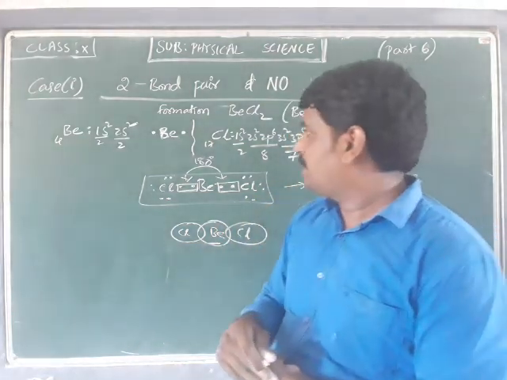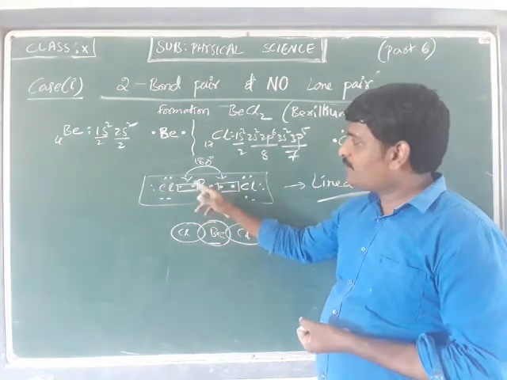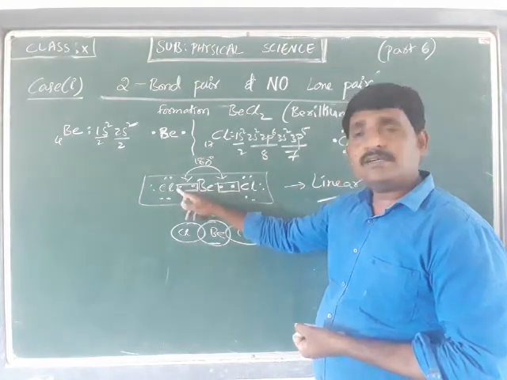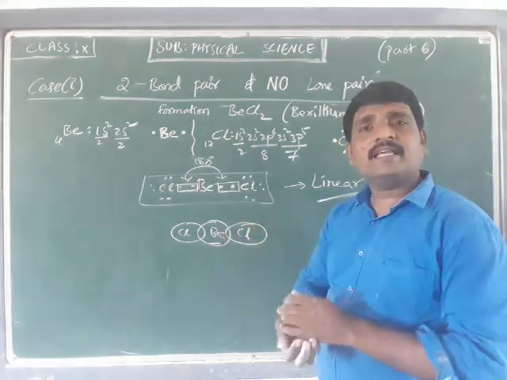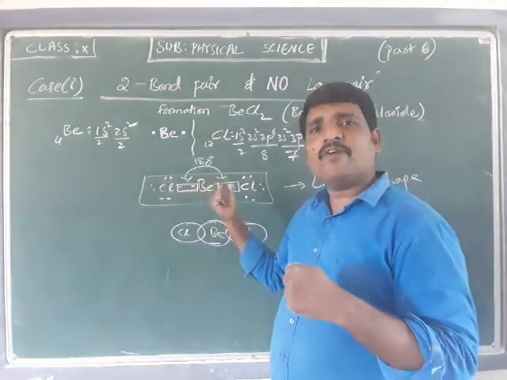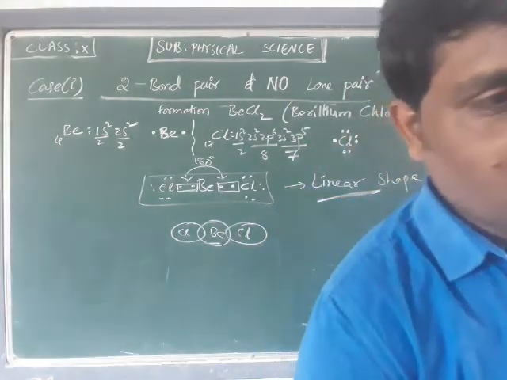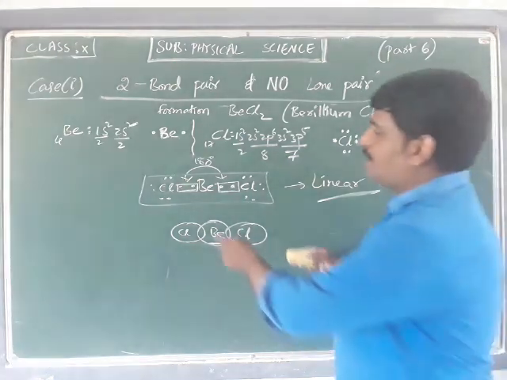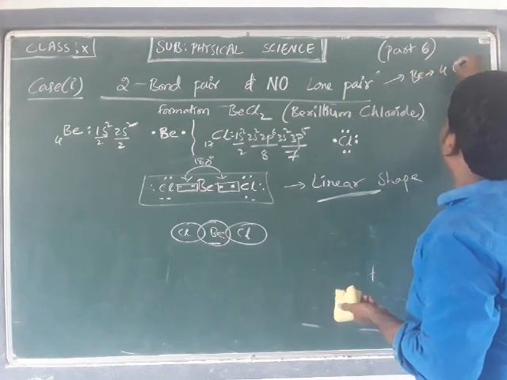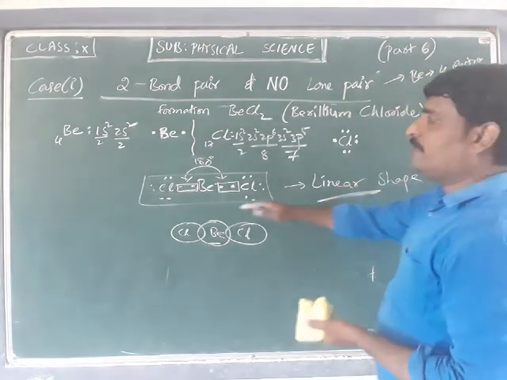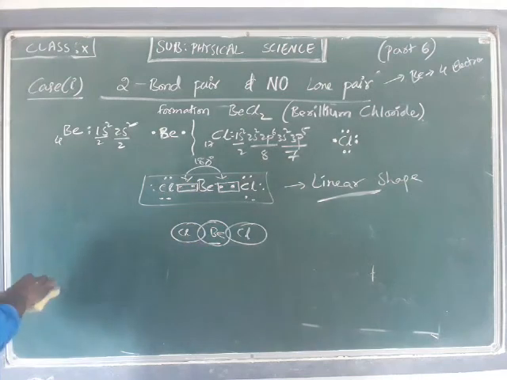Next we are going to talk about, keep in mind this, even though there is a sharing, beryllium does not attain 8 electrons. These two are shared, that means there exist only 4 electrons. Even though there exist 4 electrons, the bond is possible. This is considered an exception. What is the name of the exception, we are going to discuss later. So first case, beryllium consists of only 4 electrons after sharing also. There is a deficiency, that we call a deficiency molecule.